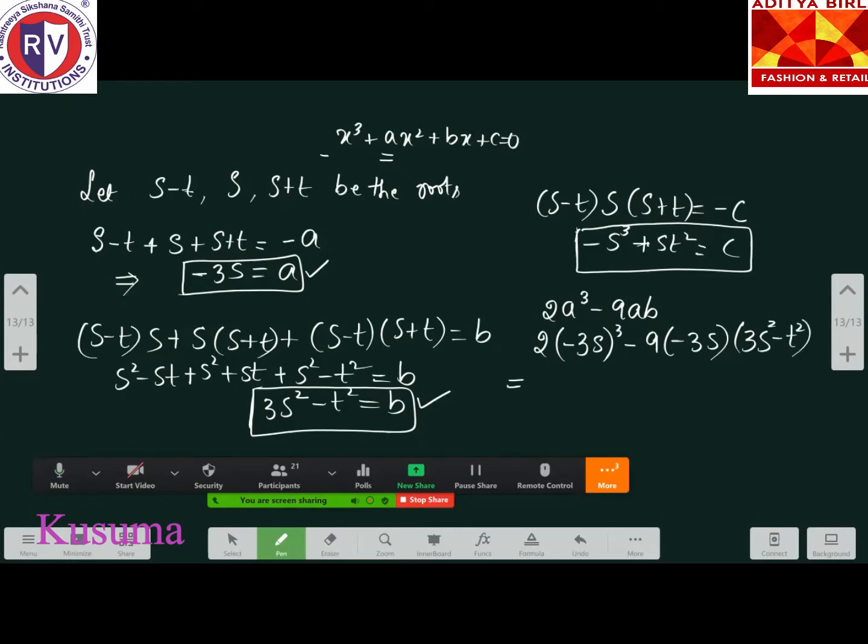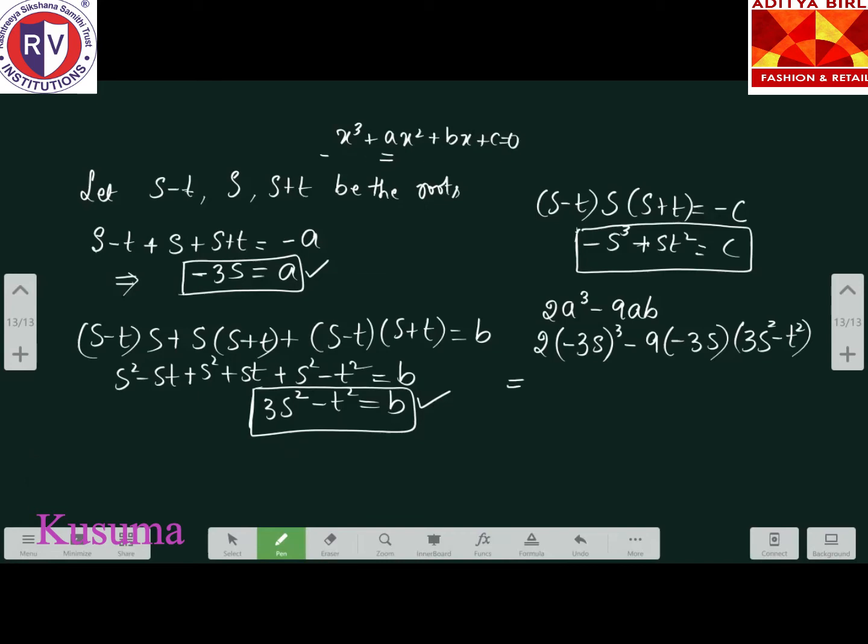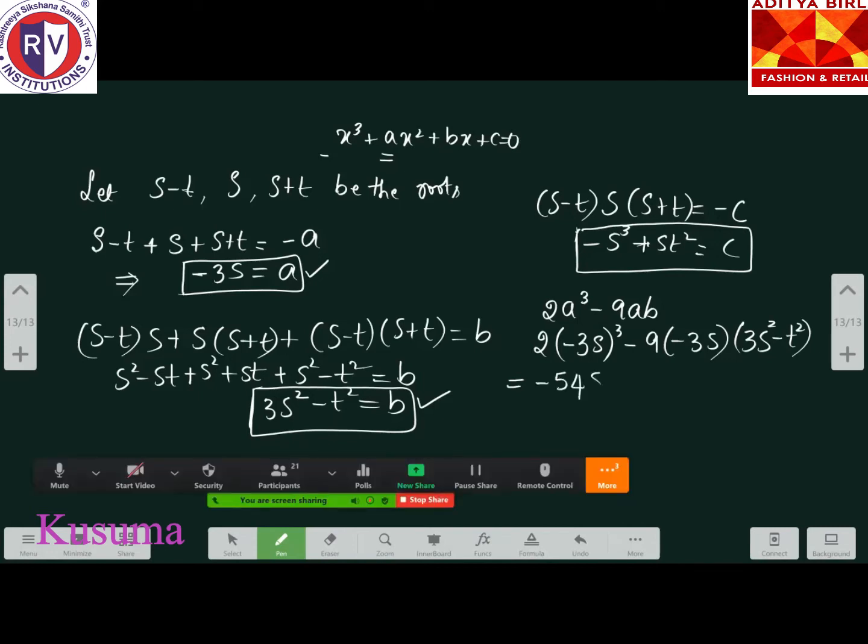Simplify this one. Upon simplification, this will give us minus 54 s cube